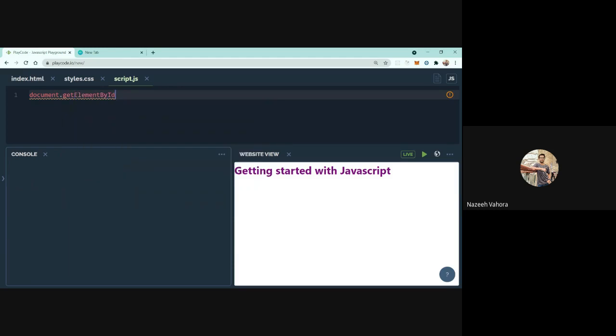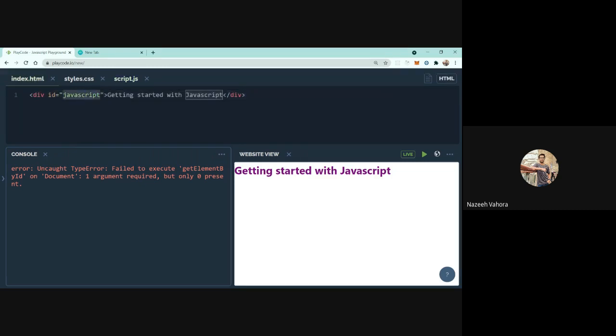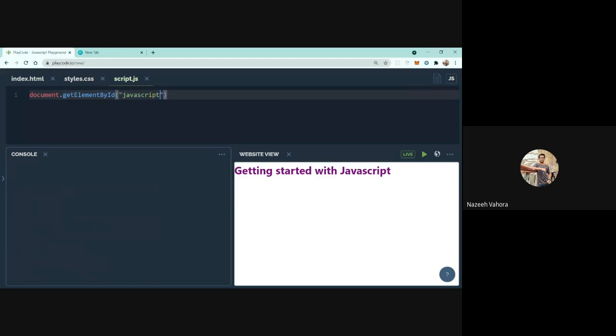Now what this method will do is, whichever ID I pass over here, it will search this whole document and grab the div whose ID matches my input. So I have given this ID JavaScript, and I will paste this JavaScript ID.